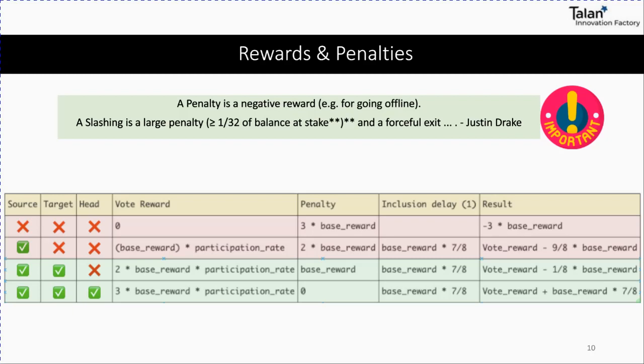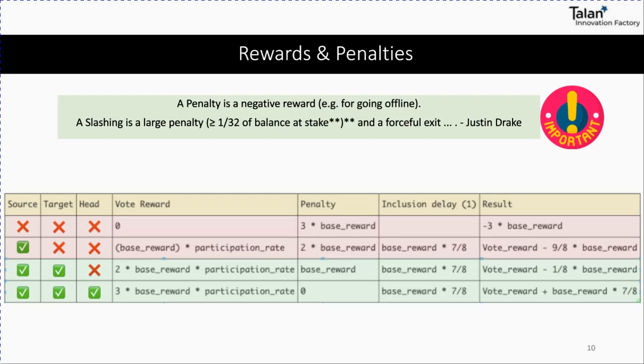That's exactly the difference. This table here will seem a little bit complicated, but we are going to see exactly the different steps by the end of this presentation. Maybe we can go through it now and then come back to it. As a validator, you have three main things that you will vote on. You are not voting just on the blocks, but on the source, the target, and the head, and I will explain what these are.